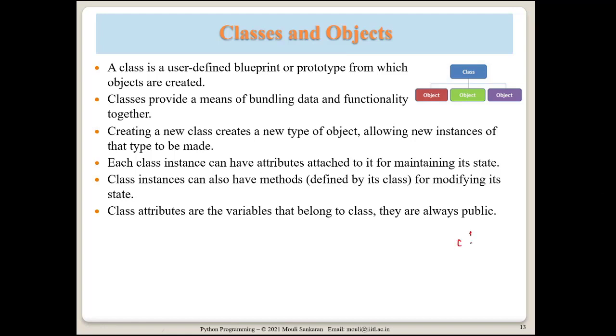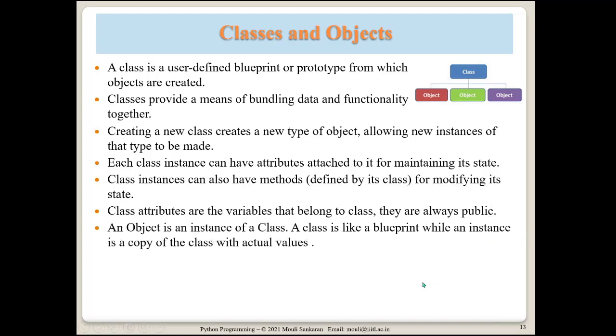And if you are from C++, you know that there are public, private, protected, those kind of access permissions. Whereas here, each of the variables or attributes or methods that you define all fall under public. That means they can be accessed from outside. There is no public keyword, but it's assumed to be public by default.